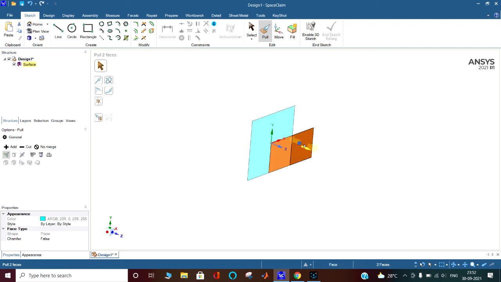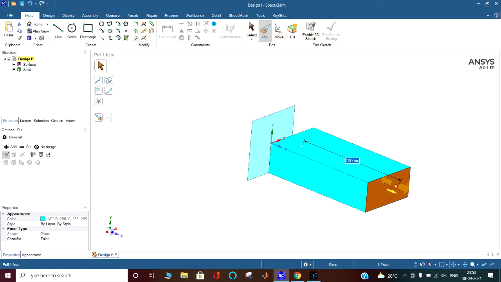This time if I pull it here, just press the space bar so that the dimensions become variable. You can now put in any dimension, for example 100, and then press enter. The space bar makes the dimension variable for a while so you can change it. Okay, so I have selected 100.